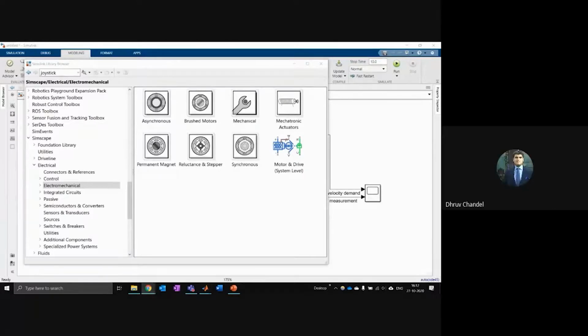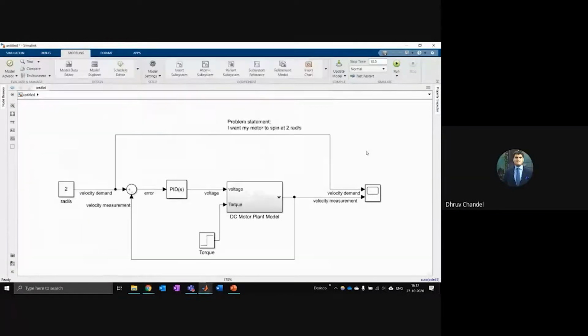Dhruv. Yeah. Right. So there is a question on whether it is possible to create electronic circuits using Simscape. On a similar line, I just wanted to ask a question. Is it possible for me to work with electronic components to make the motor that you made using equations? Yes, thanks. So that's a perfect segue. I was not planning to cover this today, but I'll show you because the question has been asked.